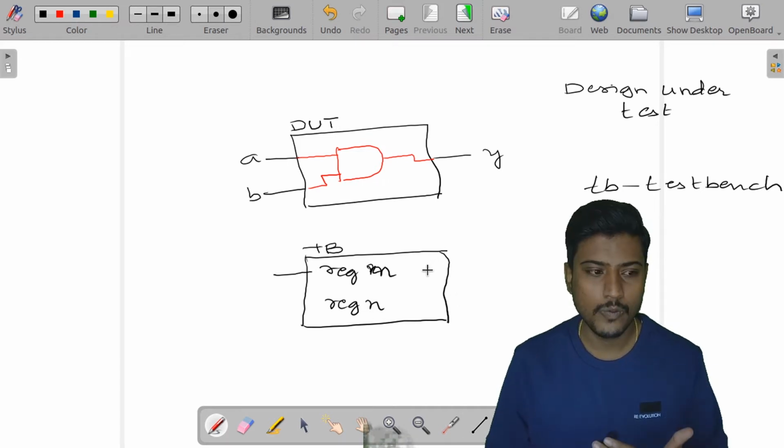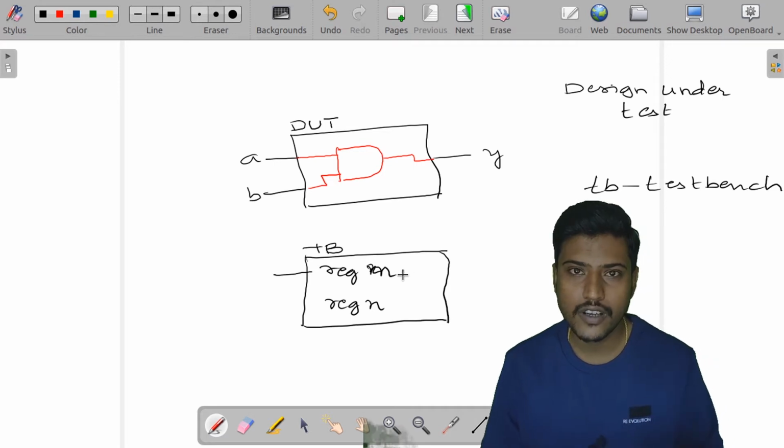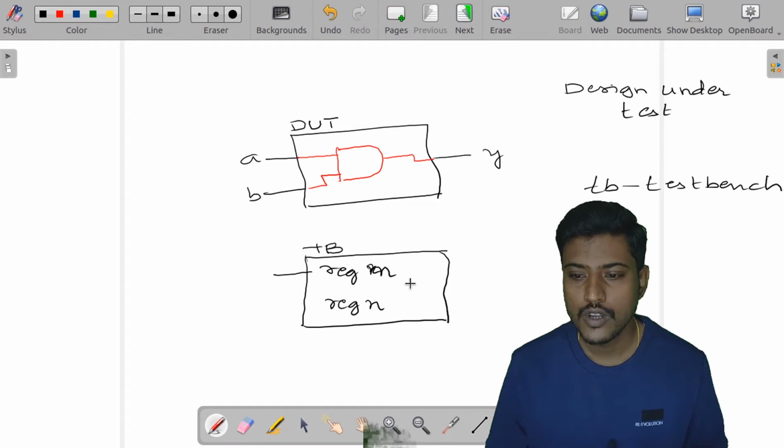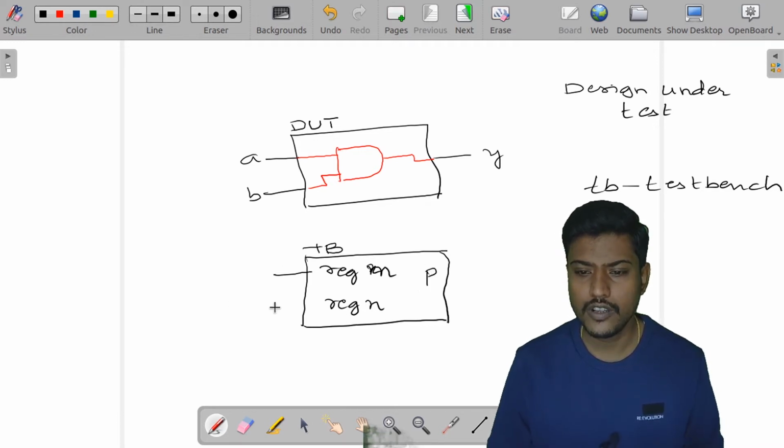Then I need to monitor whether it is going to work properly or not. I need to see the output, so I will take one more port over here and name it as P. Here I will be having register M and register N, and here I will be having some wire.